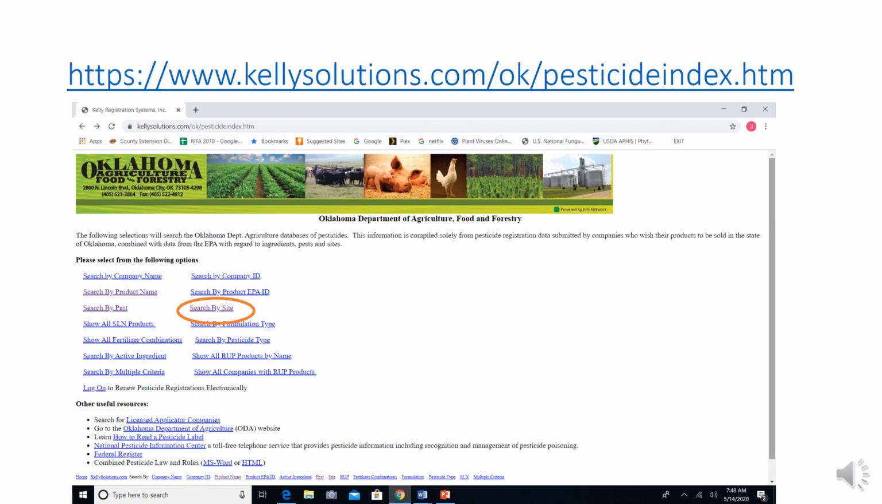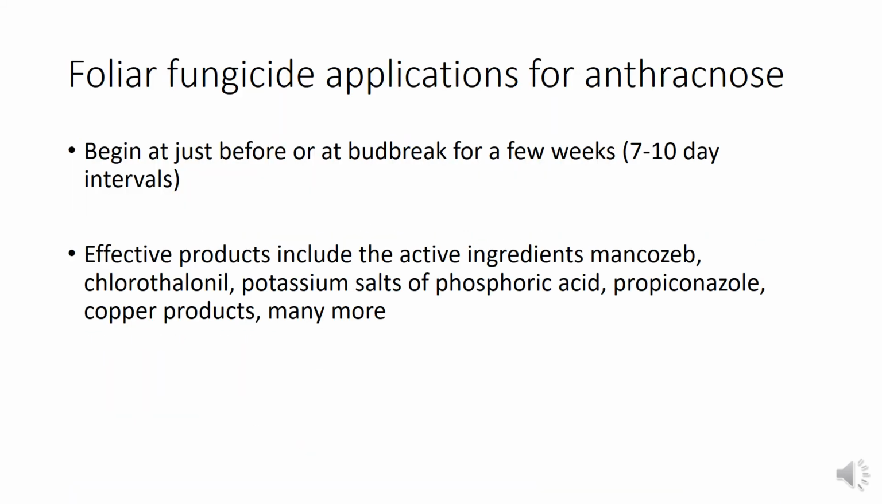So you can search by sycamore and you'll see a list of products. You can also, often it may be easiest just to see simply what is available at your local garden center, since that is often the limitation. Again, those foliar fungicides are not to be applied at this time. They should have been applied just before or at bud break for a few weeks, about 7 to 10 day